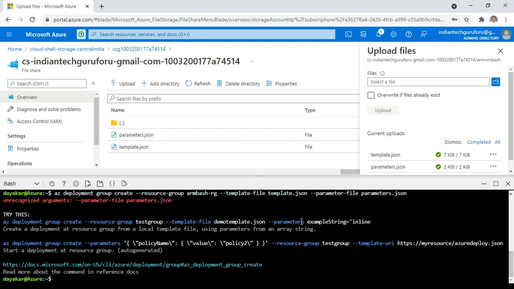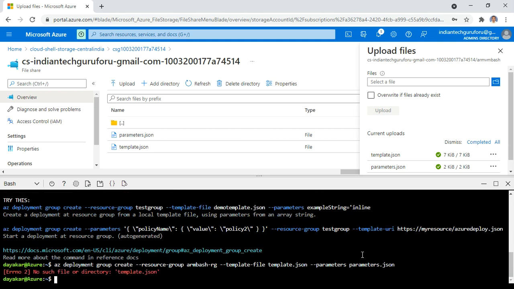Actually it is not the parameters file option, it is only parameters, not file. There is no file. So just delete the -file, parameters space parameters.json. Now try to press enter.